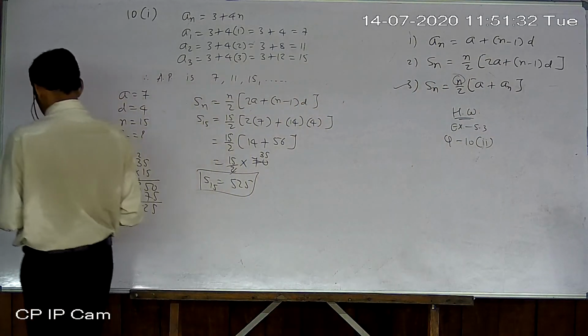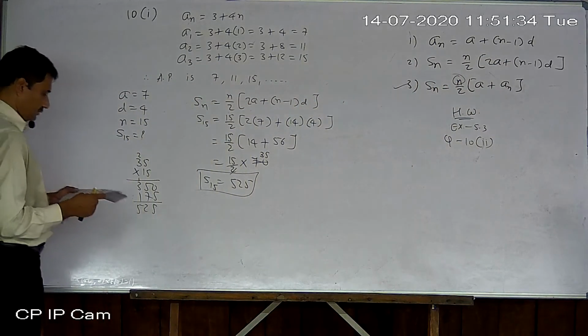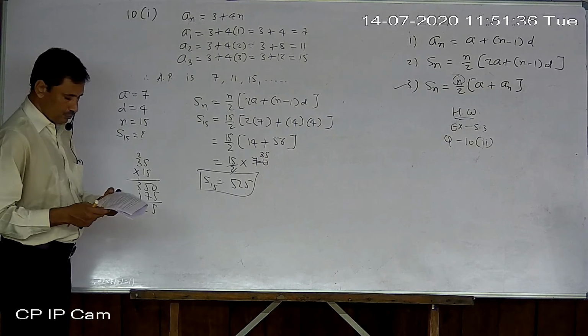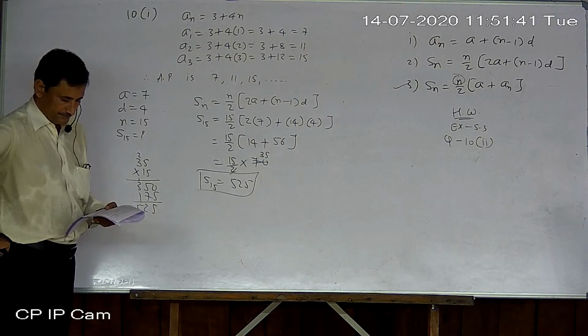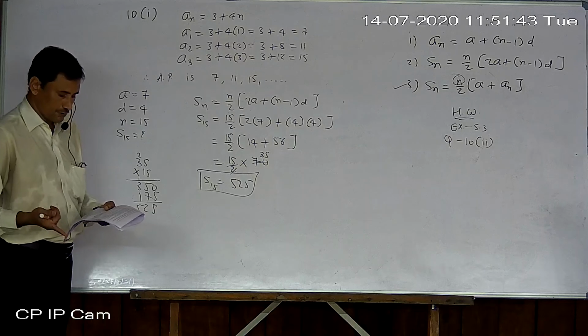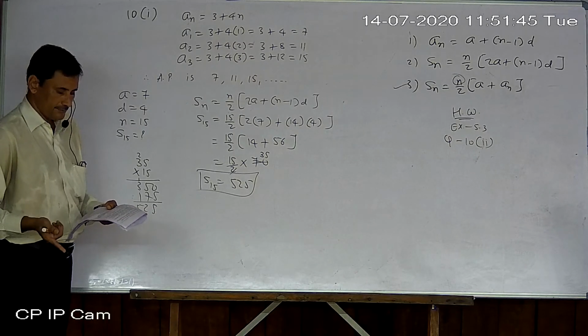If the sum of the first n terms of a progression is 4n minus n square, what is the first term? What is the sum of first two terms? What is the second term?